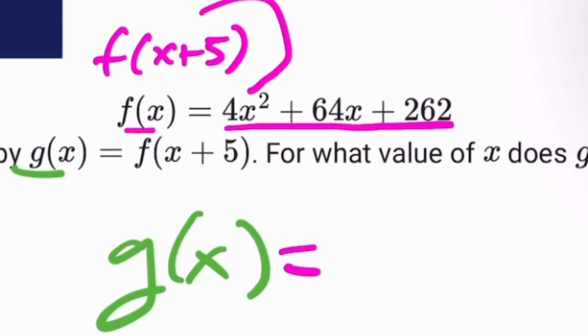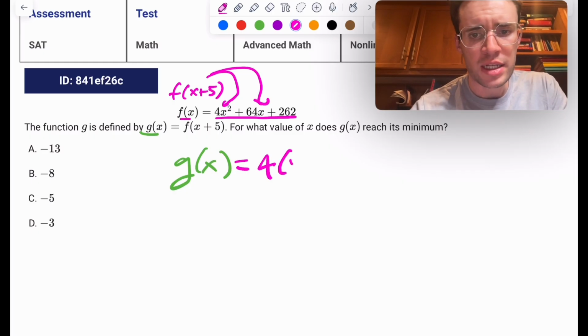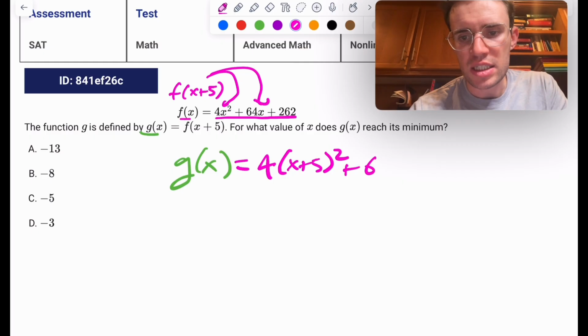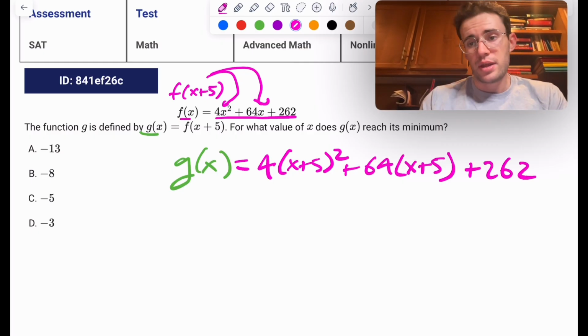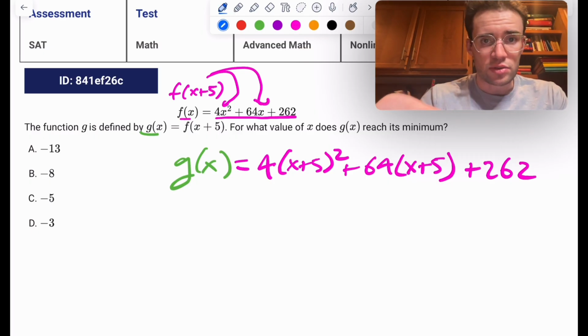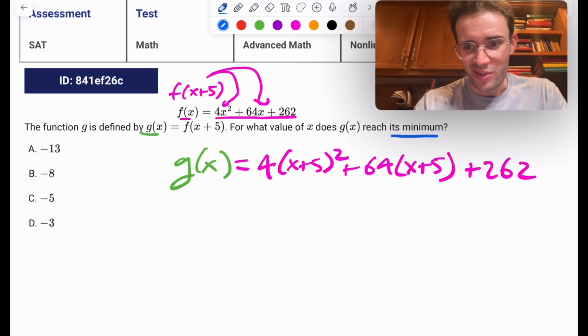I mean, you're plugging in x plus 5 for this x. So that'd be 4 times the quantity x plus 5 squared, plus 64 times the quantity x plus 5, plus 262. Now, if you didn't have a calculator, then you would have to multiply this all out and then find the